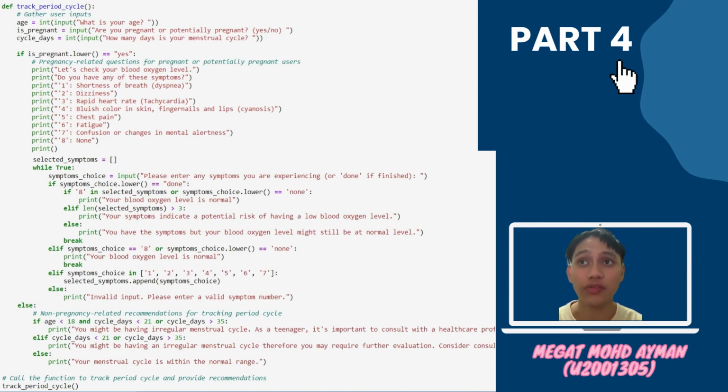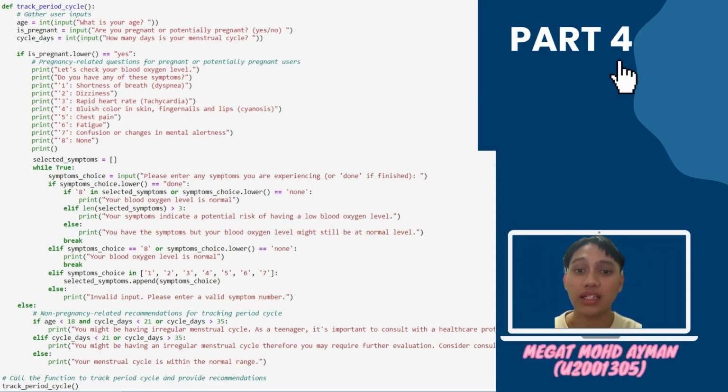While true, if the user enters 8 or none, then the program will indicate that the blood oxygen level is normal. However, if the user enters more than 3 symptoms, the program will indicate that the user is at risk of having a low blood oxygen level. But if the user enters less than 3 symptoms, the user might have the symptoms, but their blood oxygen level